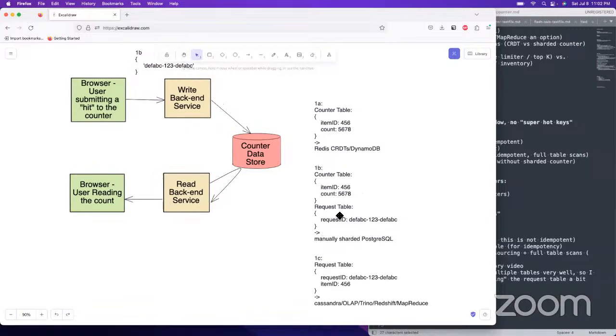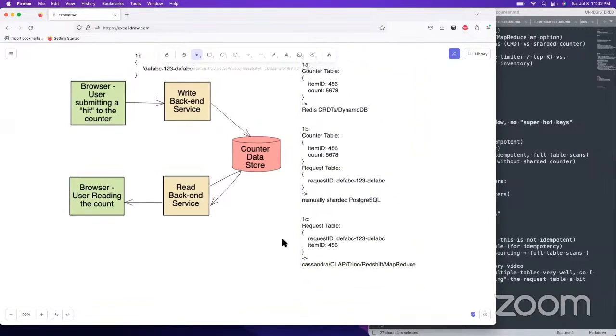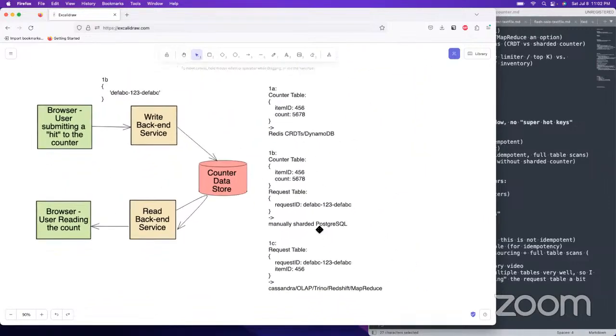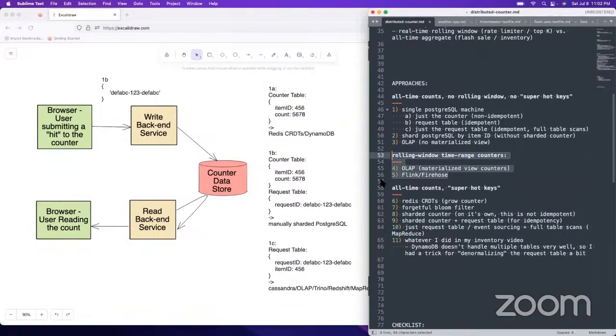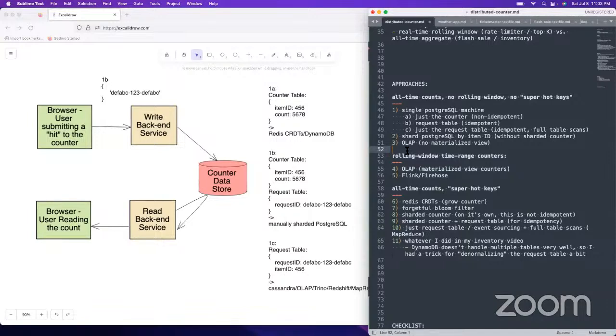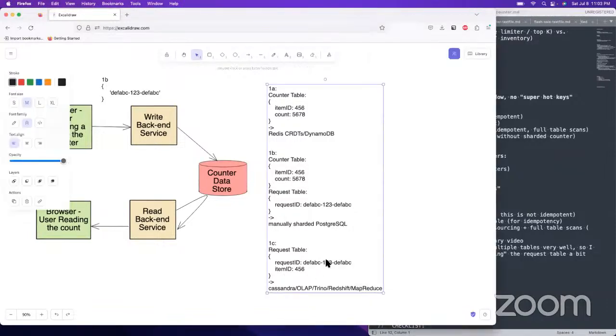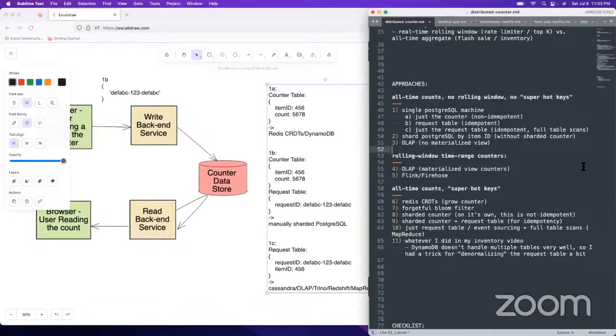Cool. So that's everything for one, where we're just hosting it on one machine. We're kind of seeing how it's going to shape out to those other approaches down the road. Not covering the rolling window ones. Those are kind of like a whole thing of their own. I guess you'd need to plug in timestamps on the request IDs, and then you would probably still end up doing full table scans in order to do that. Maybe that's what I was doing for 4.